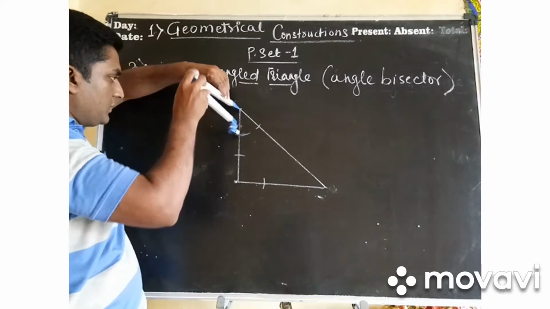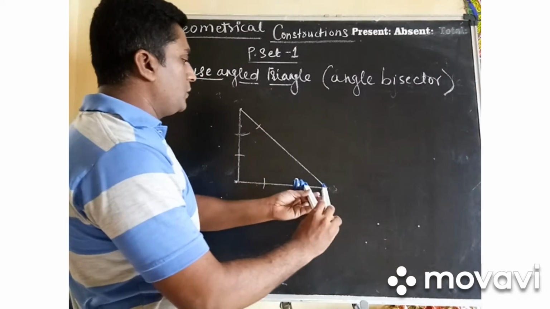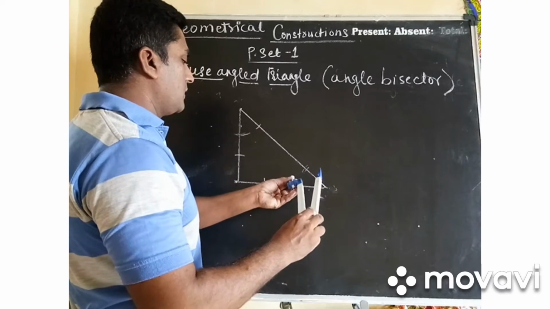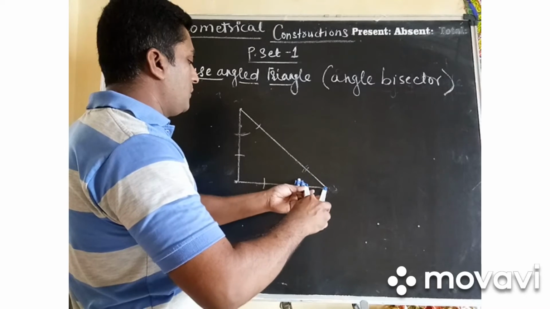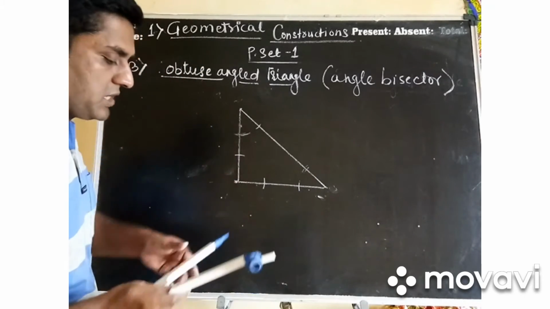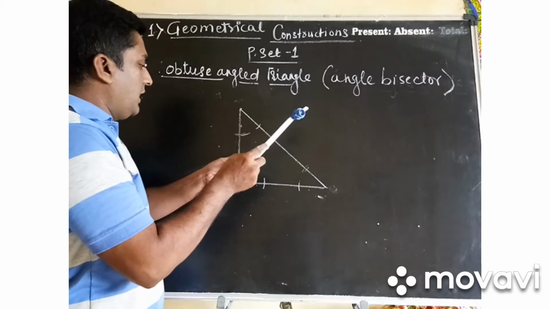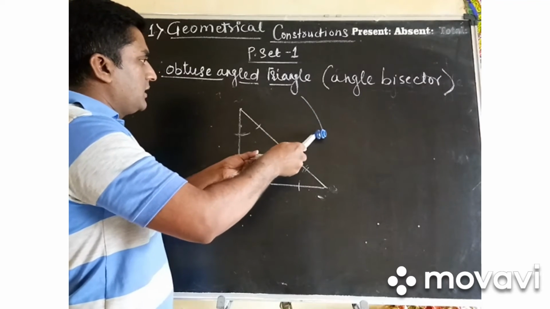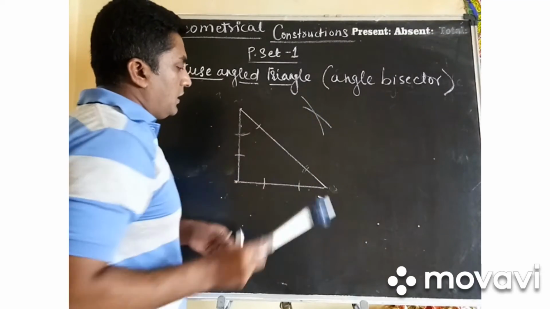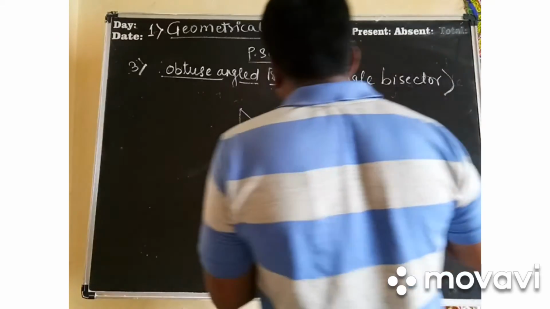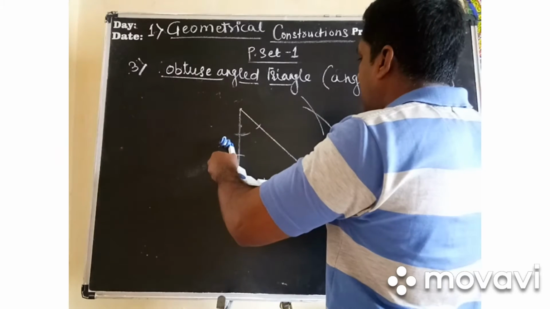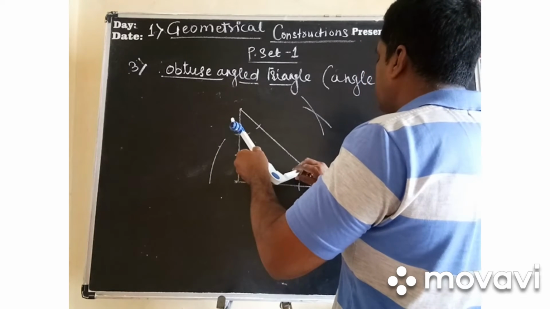So this is the arc which I have made here. Now again I will try to make an arc here. The third arc must be here, and it must be a little bit here, right everybody? After that, I will take these two arcs and extend them, and from here I am going to make one arc, and from here I am going to make another arc. From these two, I will make one arc here, ready everybody? So this is my final arc.